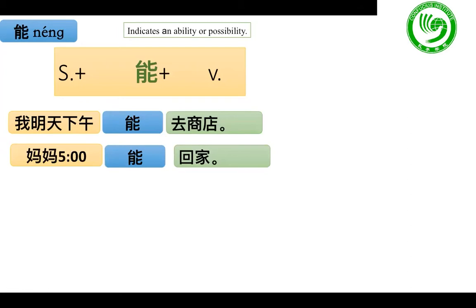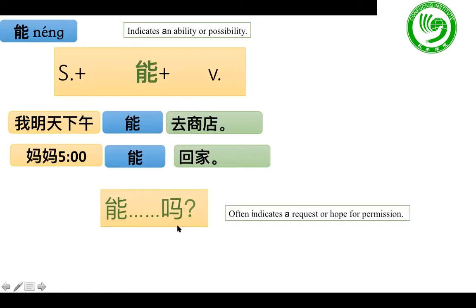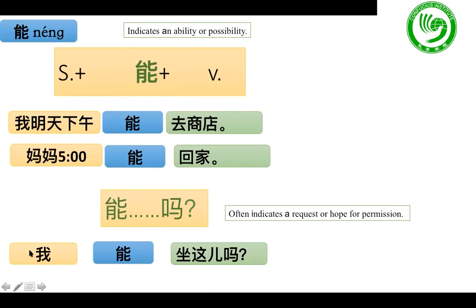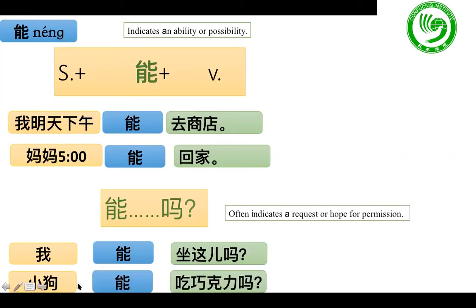How to say this sentence one more time? Who can do what? Yes, 妈妈5点 5 o'clock 能回家。再来一遍，妈妈5点能回家。现在你说，很好。能……吗？This is a question. It always indicates a request or hope for permission. For example, the topic in last lesson, 我能坐这儿吗？现在你说。Do you remember how to answer this question? 请坐 Take a seat, please. Right? One more time. 我能坐这儿吗？请坐。很好。